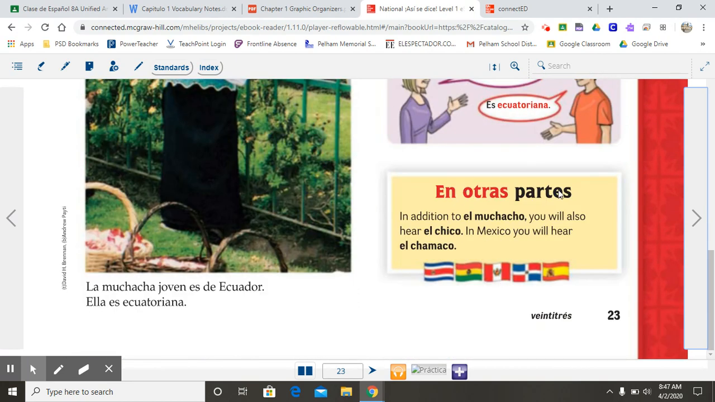Now, en otras partes, in addition to el muchacho, by the way, you might have heard me say muchacha and muchacho. That means boy and girl. In addition to el muchacho, you'll also hear el chico. In Mexico, you'll hear el chamaco. So yes, depending on what country you're from, you're going to call kids or boys and girls different things. Chico, chamaco,